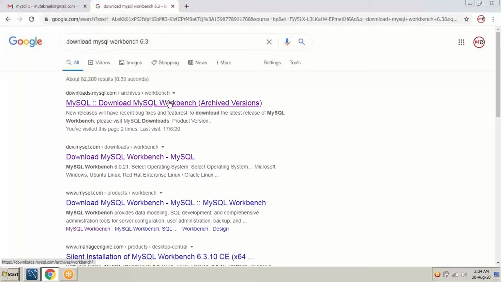The first file will be the database. The second file will be the Workbench. And if you face any difficulties in downloading the files, please don't worry. We will be providing you with the links directly for what software to install in your system.